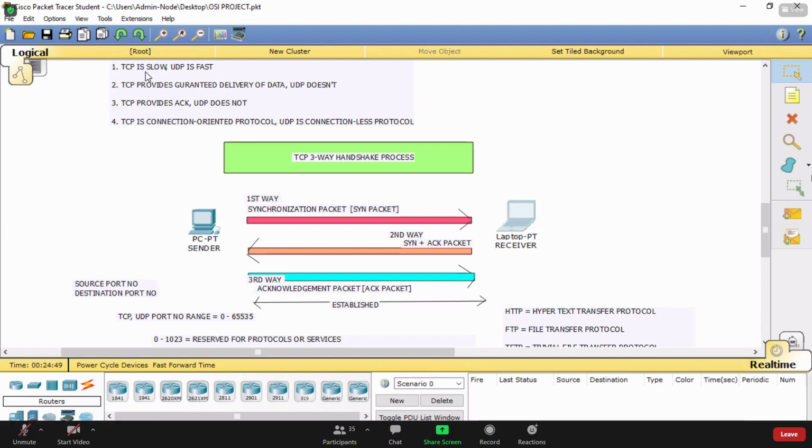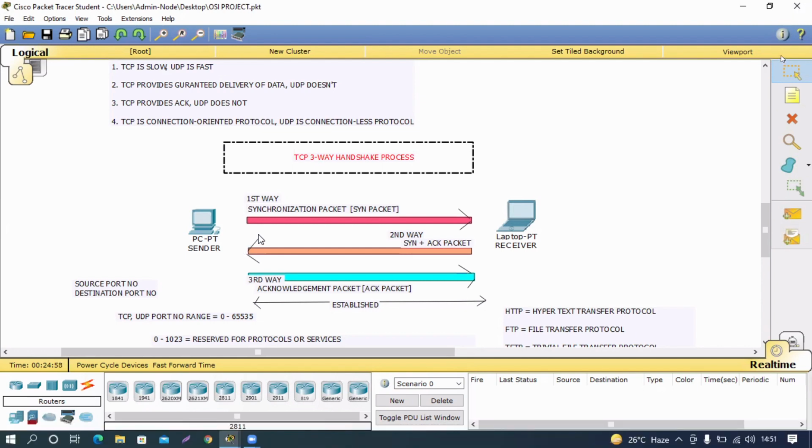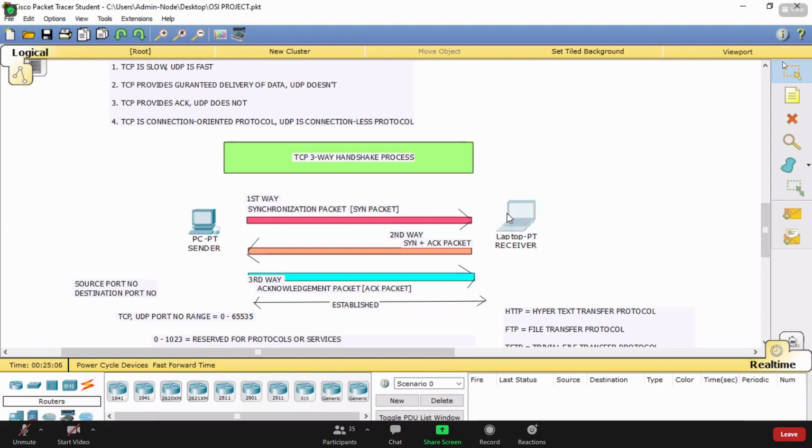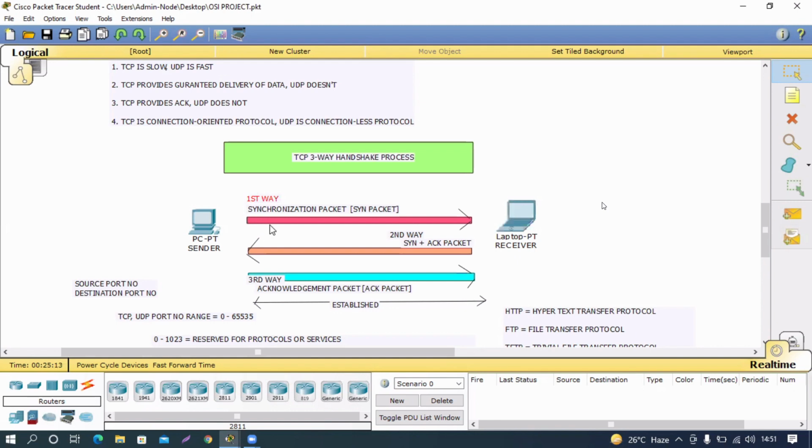So the real reason TCP is slow and UDP is fast comes with this process, called the TCP three-way handshake process, everyone. TCP stands for Transmission Control Protocol. It always performs this three-way handshake process between a sender and receiver. Suppose you want to send some information to this machine. First of all, you will send this packet, called the synchronization packet, in short the SYN packet. This SYN packet will be sent by TCP